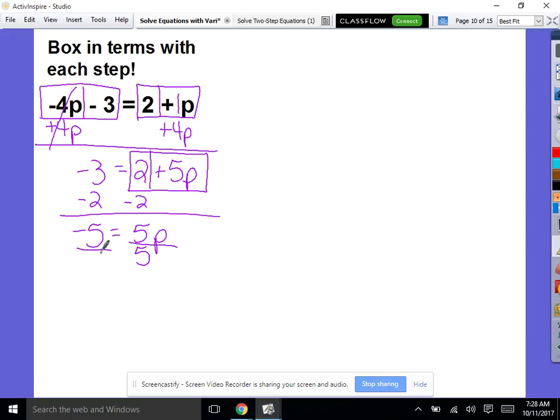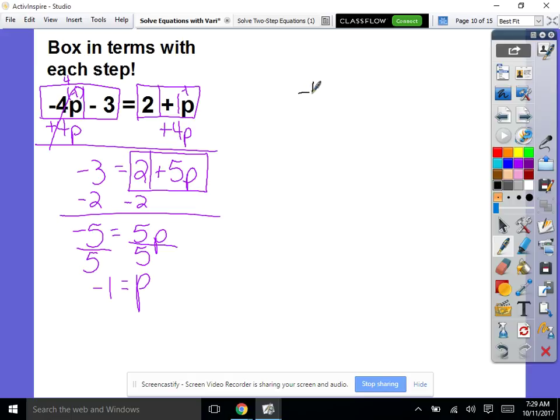Divide by the coefficient and conquer the equation. p equals negative 1. So negative 4 times negative 1 is 4 minus 3 is 1, and 2 plus negative 1 is 1. All right, now